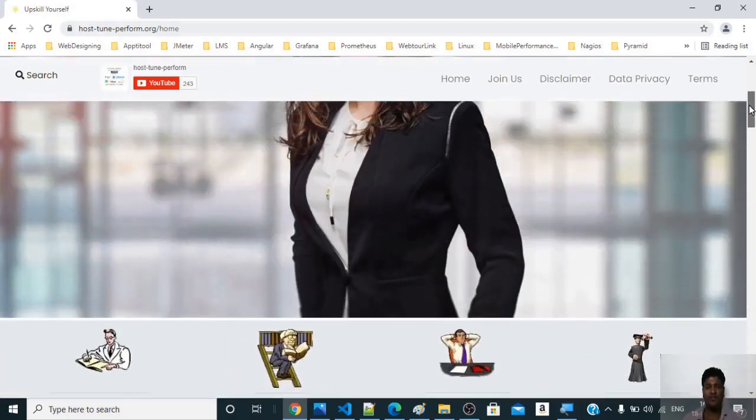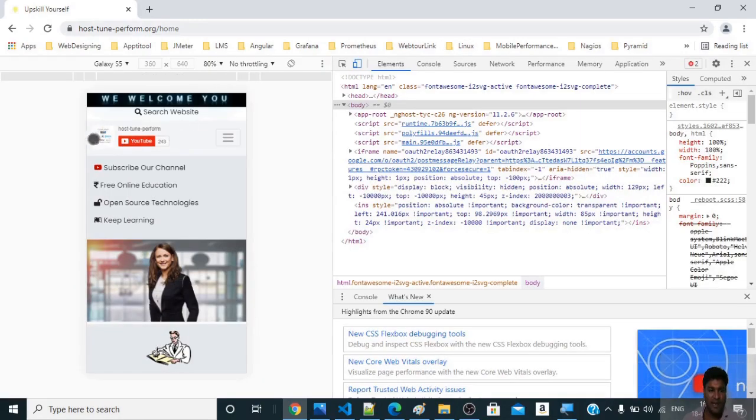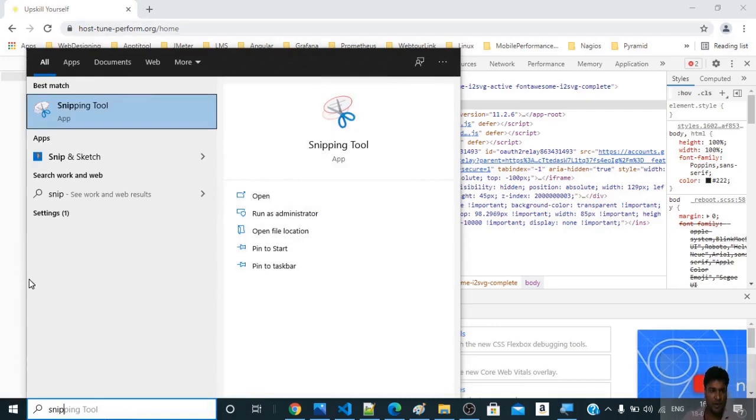What it means is, as of now, whenever we pull up this page and show it on the web browser, the browser knows this is a desktop and viewport is 1, which means I have to design this as per the desktop. For example, I need this particular bar. If I just snip it off